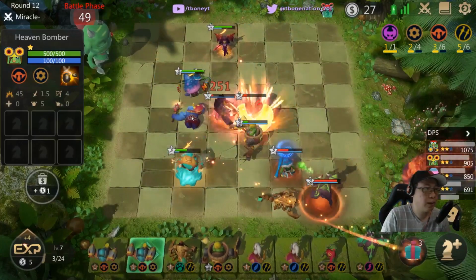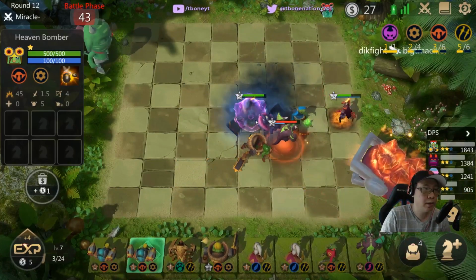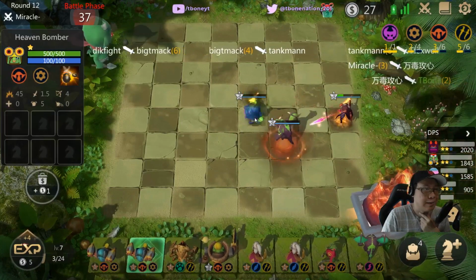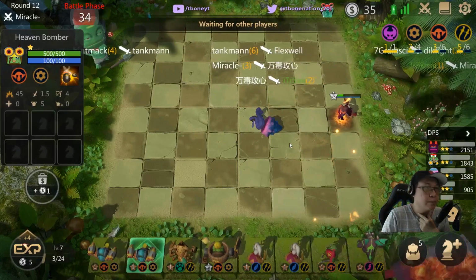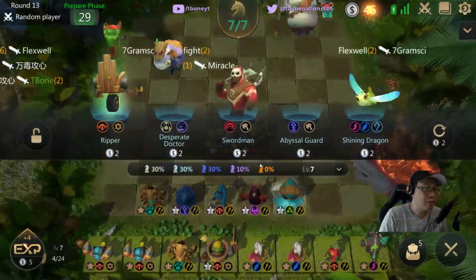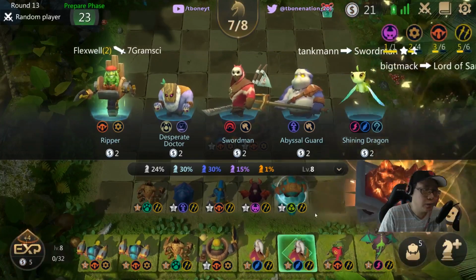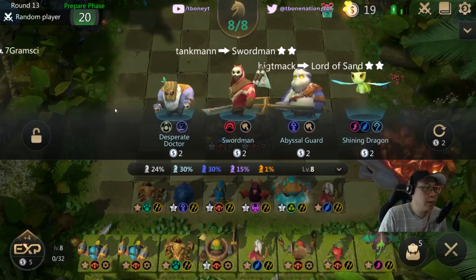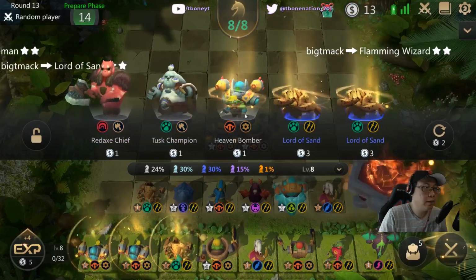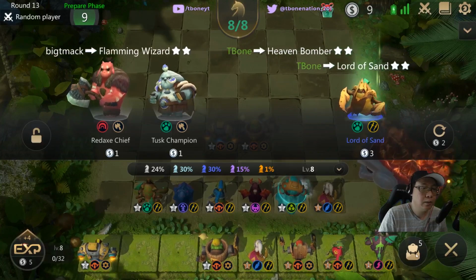I think we'll stay put at level 8, and then we will go ahead and get ourselves to 6 assassins. So, Goblin Mech Assassin build. That's interesting. Alright, so let's go ahead and do this. We'll put you up. And then we'll get another Ripper, and then let's roll for... I don't need Skybreaker right now. Okay, Heaven Bomber, great. Lord of Sand, great. And...